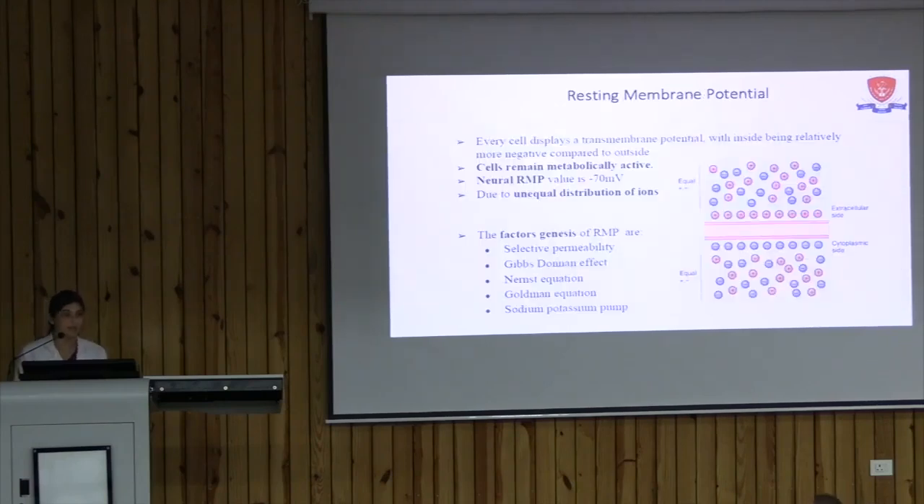So the resting membrane potential is nothing but the difference in the potentials on both sides of the neuronal membrane, the inside and the outside. This is usually due to the distribution of ions that are unequal on either side of the membrane. For a neuron, this value approximates to negative 70 millivolts. It is of importance to note that even though it is the equilibrium state, the membrane isn't